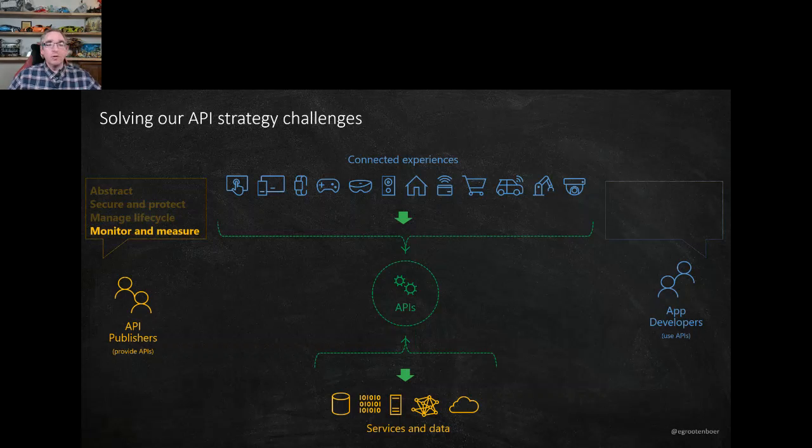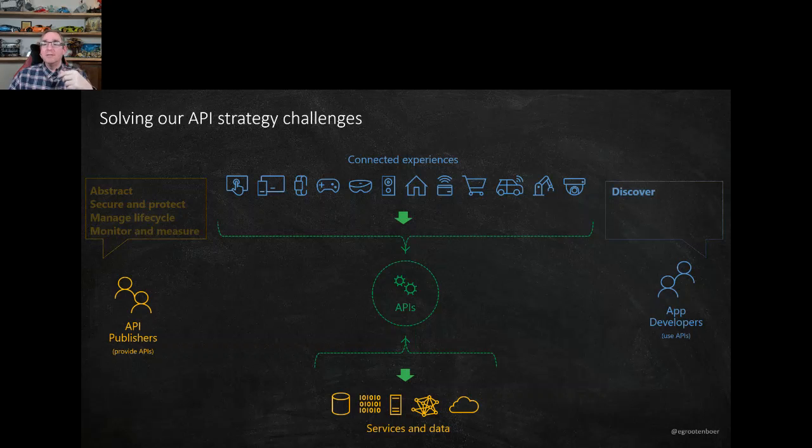And finally, monitoring and measuring, because I want to know what's happening in my environment. So I need to make sure I actually monitor my environment. I measure what's coming through. API management helps here as well. You get a lot of out-of-the-box dashboards where you can actually see who's calling me, from where, on which APIs, at which time. So I actually have quite a nice overview of what's happening in my environment, all just from API management.